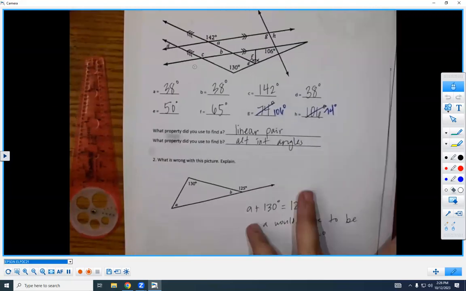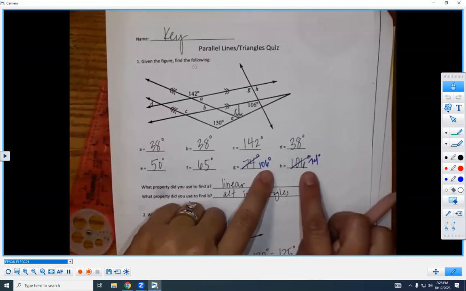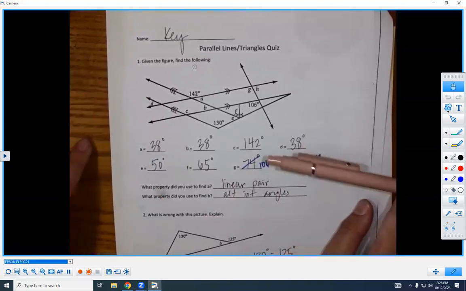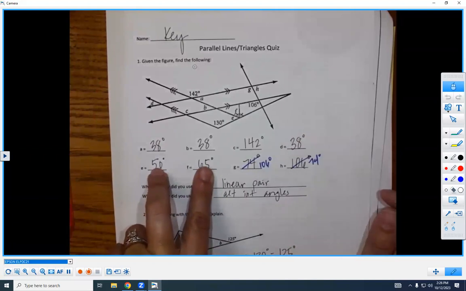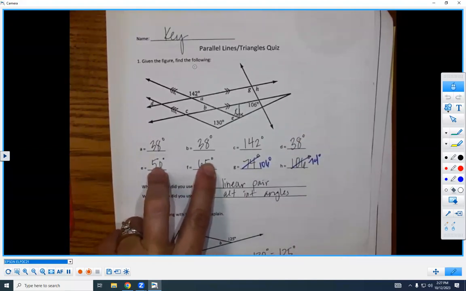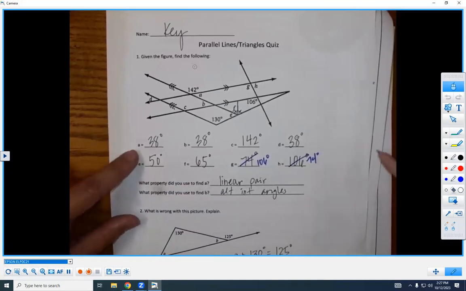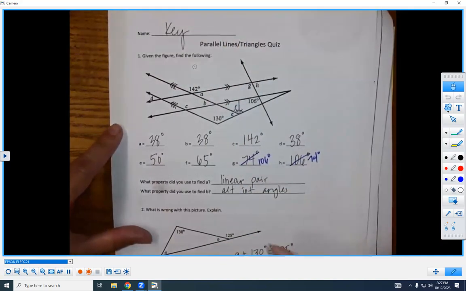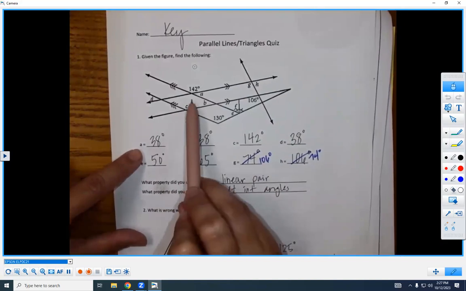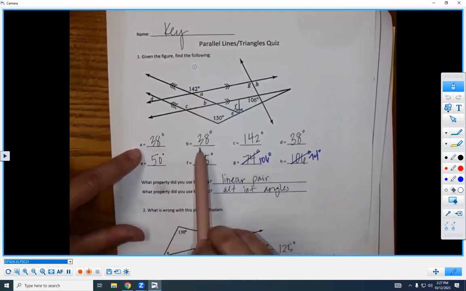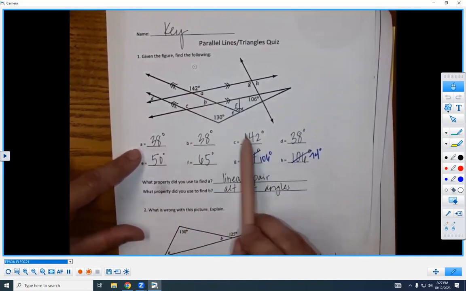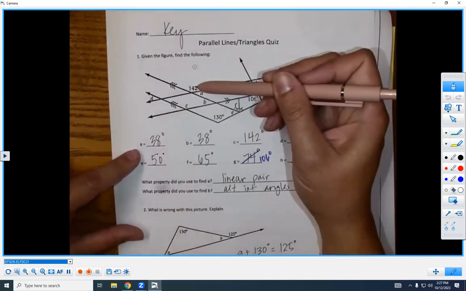Okay, there was one, let me show you this one. On this quiz, I just wrote this backwards, don't worry about this. The one a lot of people got wrong, these two. Let's think through why you got them wrong so that you don't make that mistake again. So I have two sets of parallel lines. This is a set of parallel lines. This is a set of parallel lines, right? And A is 38 because that's a linear pair, right? B is 38 because those are alternate interior angles, right? C is 142 because